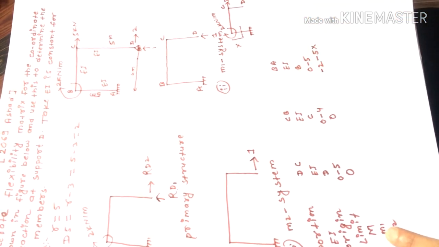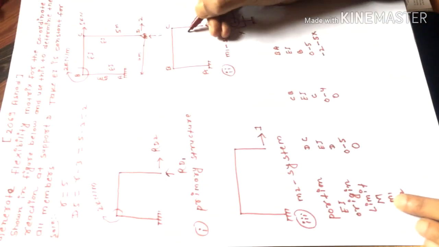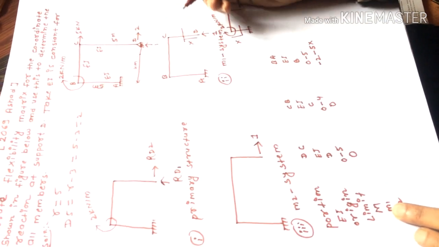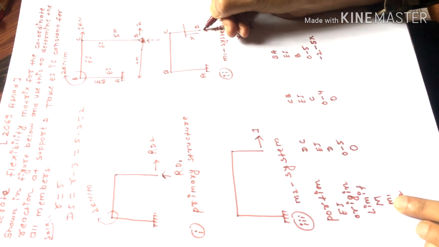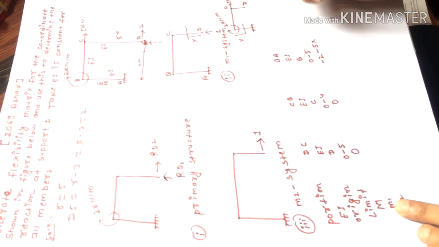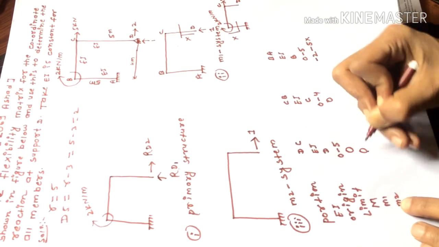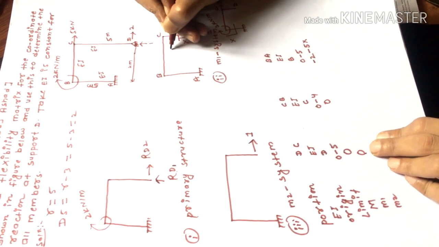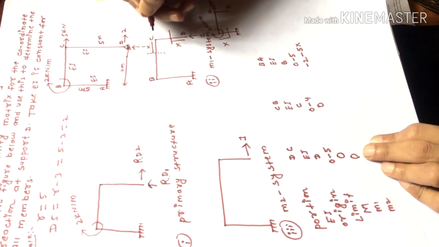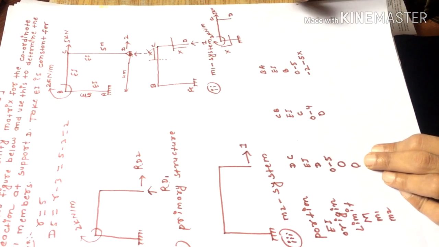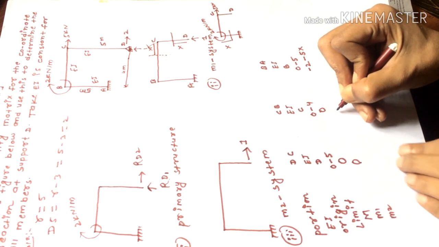Also for the M1 system, this is the M1 system. In the figure, in portion CD, let us take a section at a distance of X. There is no external force acting which gives moment at a section taken at a distance of X, so moment is 0. Now let us move to portion CB and take a section at a distance of X. This force will rotate this figure in anti-clockwise direction, and we are moving from right to left, so take it as positive 1 into perpendicular distance X, that is X.